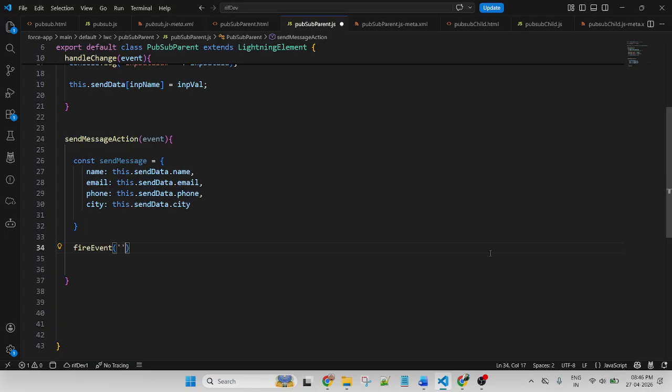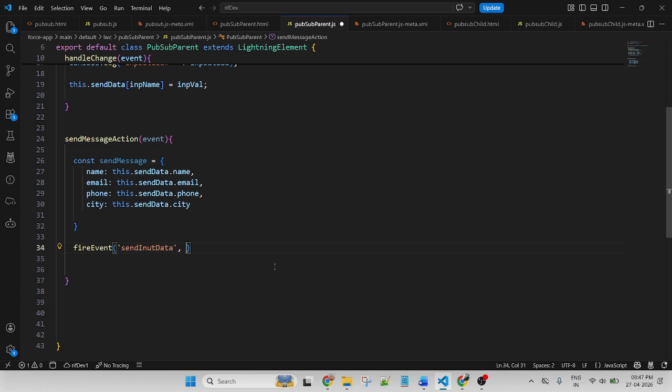Then pass the event name. Let's say I'm putting the name sendInputData, and comma. It does not exist in Salesforce; you can put anything. So this is the fireEvent's name, sendInputData.